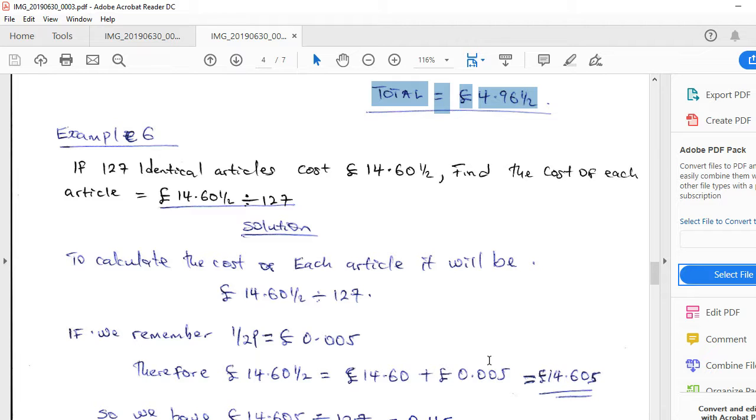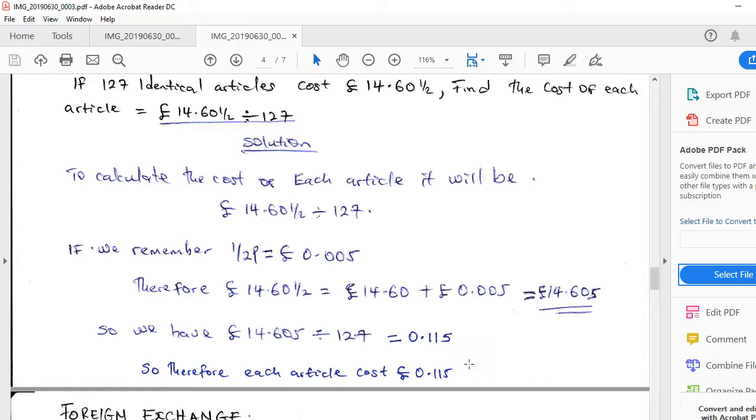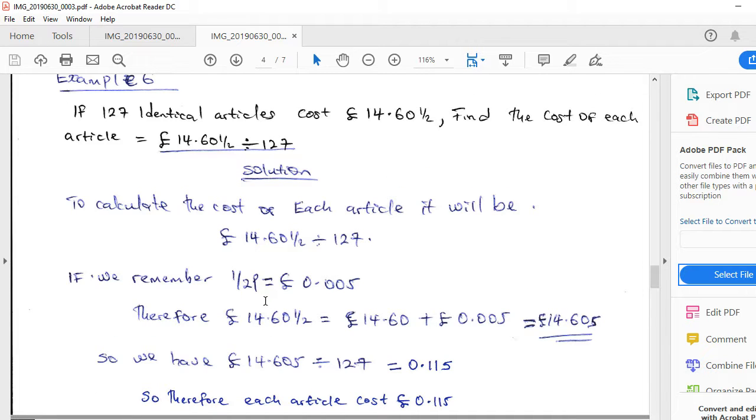Now, how do we solve this? I want to find what one article costs. When 127 costs 14.60 pound, one article is going to be 14.60 pound divided by 127. Now, to calculate this, first of all, there's a half, because we can't just divide through like that. There's a half pence, and as I stated at the beginning, anything like half pence is equal to